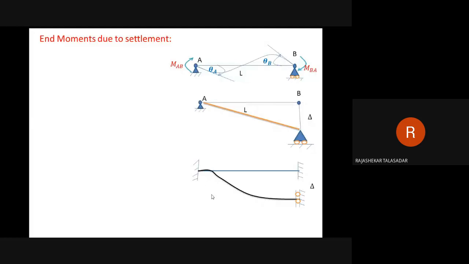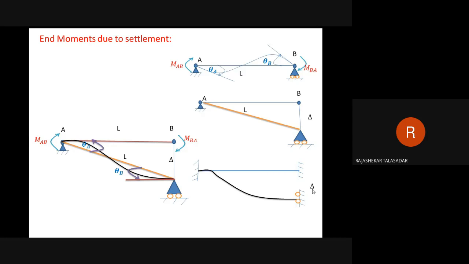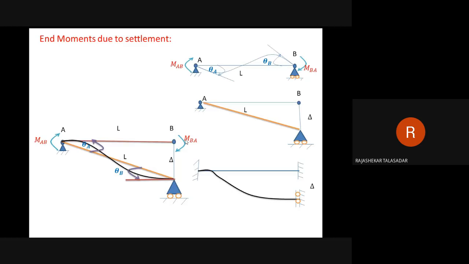Okay, so to make this deflect downward, you have to release this and you have to apply some rollers so that it can come down, and this is the amount of delta. Now, I am superimposing these two figures. That is the first beam having pinned ends with this new position of the beam after giving some settlement delta. Now I can superimpose over this one, right? Means what I need to calculate here is the moment required at A to produce theta A due to this settlement. Similarly, moment required at B to produce this delta, and of course, because of this delta,